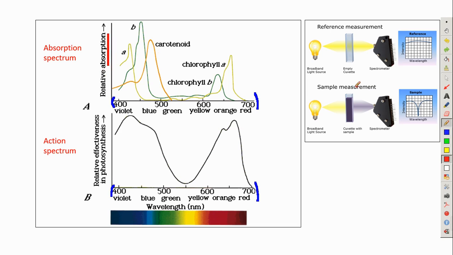So what we can see here is that with an empty cuvette, the light goes through and we measure a normal intensity of light. With the cuvette filled up with this purple liquid, we can see that the light intensity has diminished. This is because the pigments in the solution have absorbed some of the light. That's why the light intensity is lower. So what scientists do is that